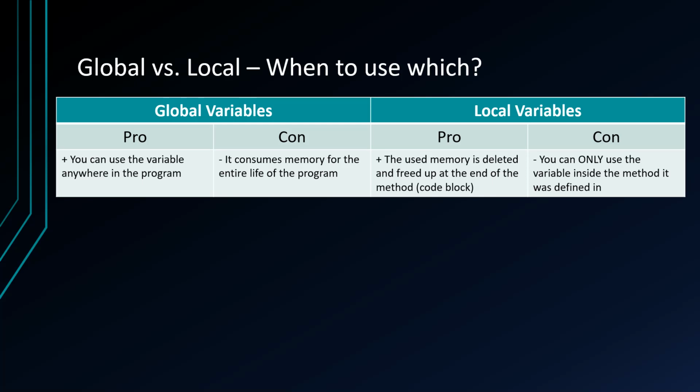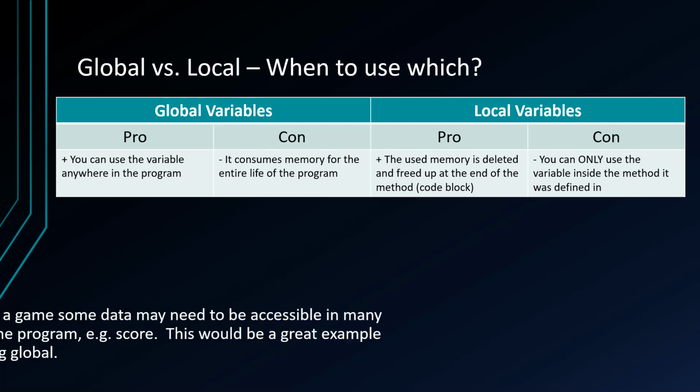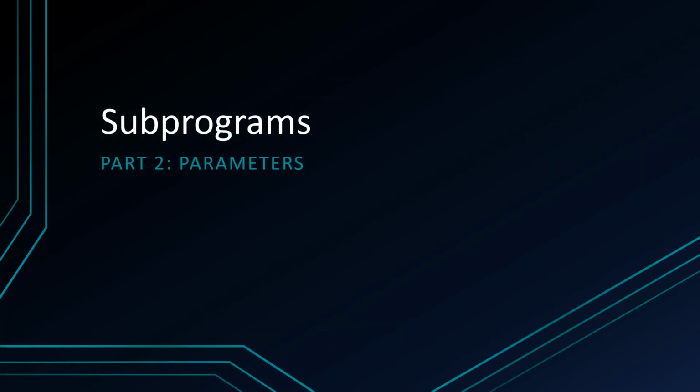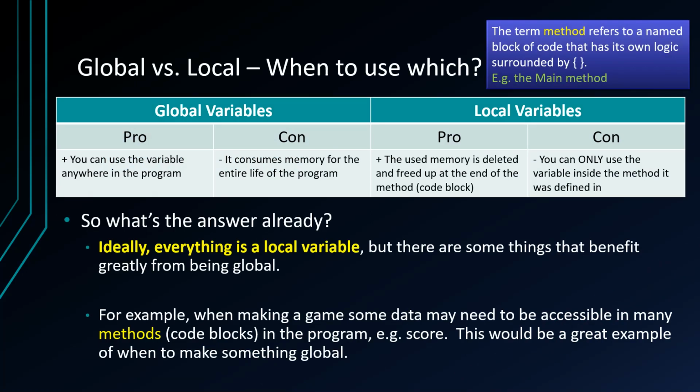The big con of this: you can only use the variable inside the method that it was defined in. Now I keep using this word method, so let's talk about what that means. There we go. So the term method refers to a named block of code that has its own logic surrounded